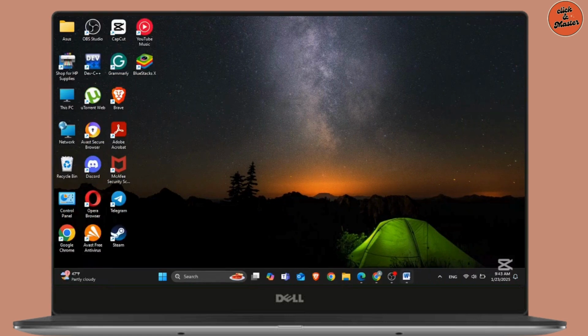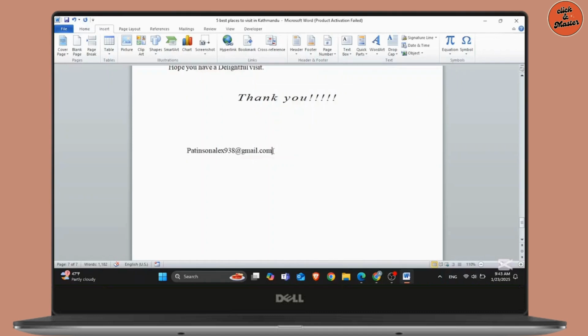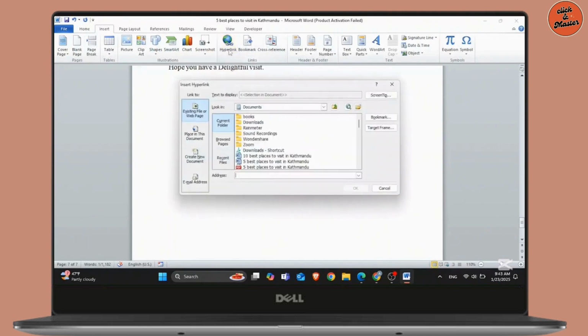For that, firstly open the document file, enter the email address, simply select it, go to Insert from the ribbon tab and go to Hyperlink. Here you simply need to insert your address. So I will simply write